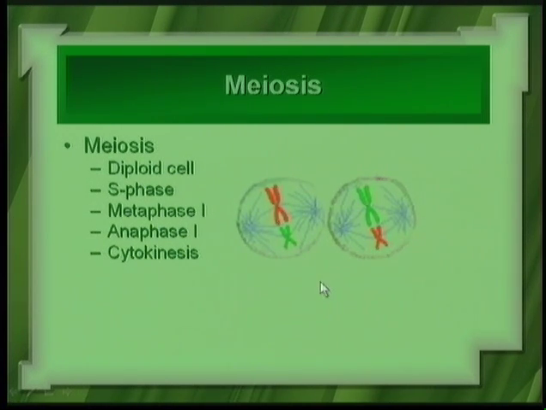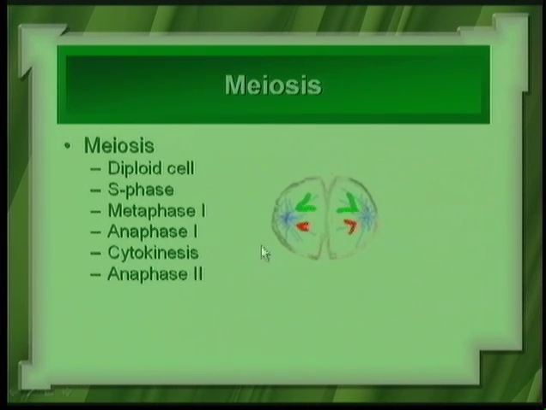So if you take one cell and go through prophase, metaphase, where you have the chromosomes aligned at the equator, then you have anaphase 2, where the sister chromatids will be pulled apart. So during anaphase 2, you'll see that this cell still has only 2 chromosomes. This cell has 2 chromosomes. So you can see that it's very similar to anaphase of mitosis, except that the cells are haploid. And after telophase 2, where you have the cell plate beginning to form,